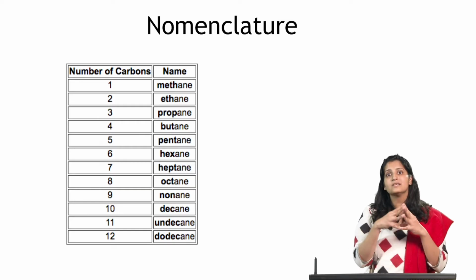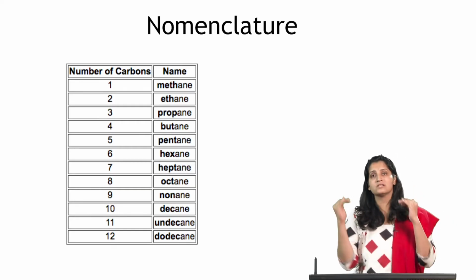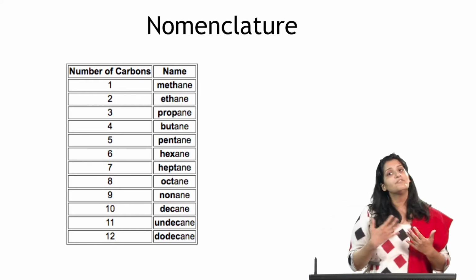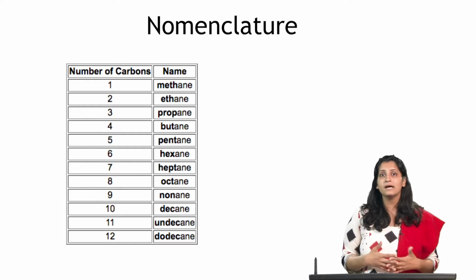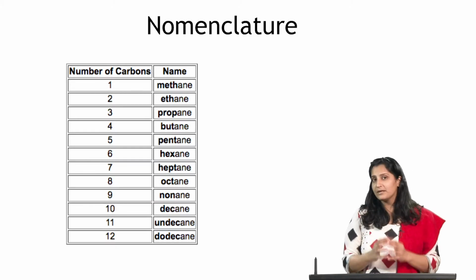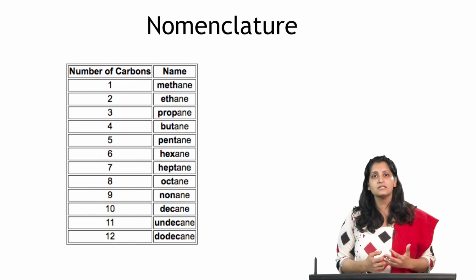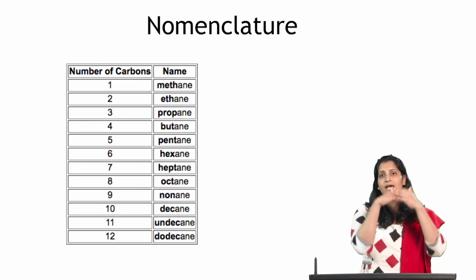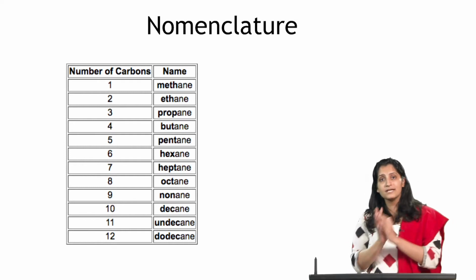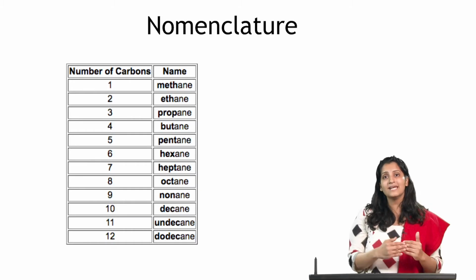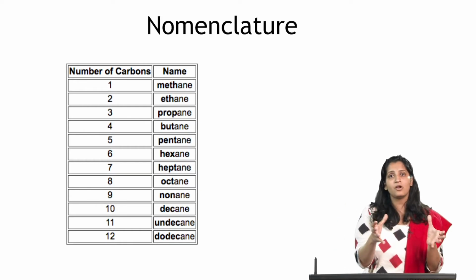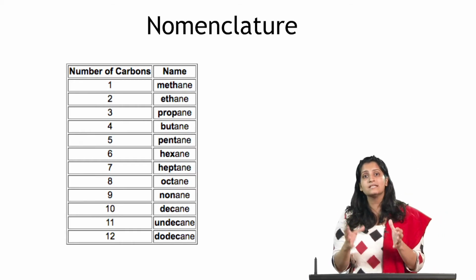So chemists decided to use a set of rules such that we can come up with a unique name for a particular compound. For this purpose, the rules were set by the International Union of Pure and Applied Chemistry, or IUPAC. I am pretty sure you have seen the nomenclature of alkanes before, and we had said that any name of an organic compound really contains a prefix and a suffix. The prefix indicates the number of carbons or their arrangement in the molecule, and the suffix indicates the functional